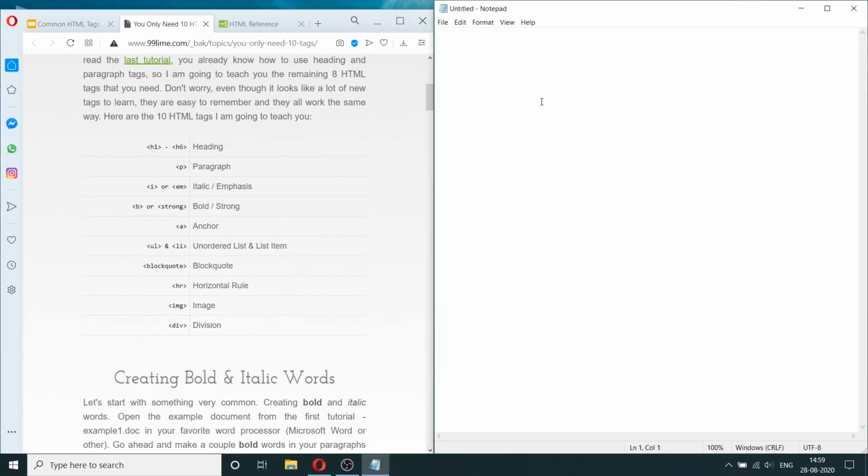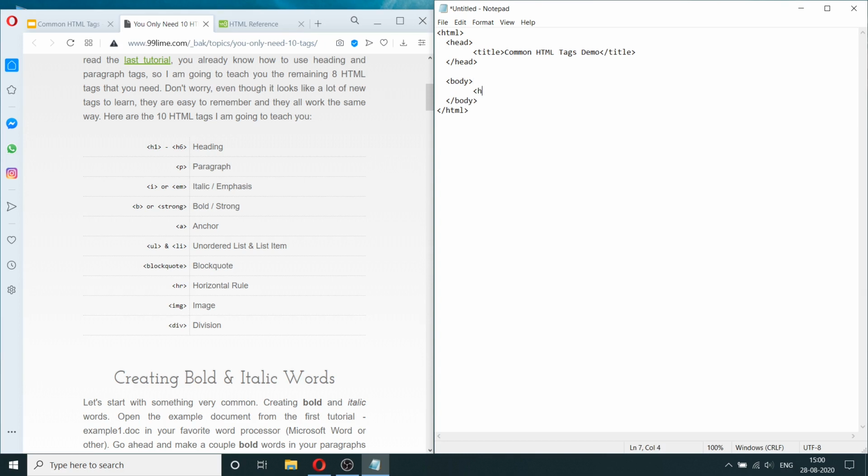So first thing, I'm going to create a basic structure for a HTML document. I'm basically going to open a HTML tag and then close it, and then open a head tag. By the way, these are also some of the more commonly used HTML tags that are not listed here, but these are commonly used HTML tags. You'll basically use this in every HTML document that you'll ever work on. So I'm going to create a title as well. And in the body tag is where we'll put all of our tags.